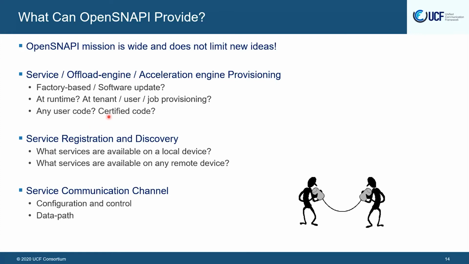And here you can see some of the things we have already mapped and started working on. The first question that we have asked is, okay, so I have a new logic. I've implemented some code that does some offload. How does it get to the smart NIC? Or how does it get to the smart switch device? How do I get my new service into the